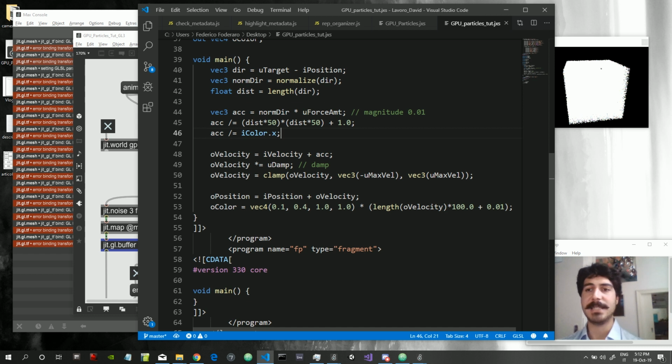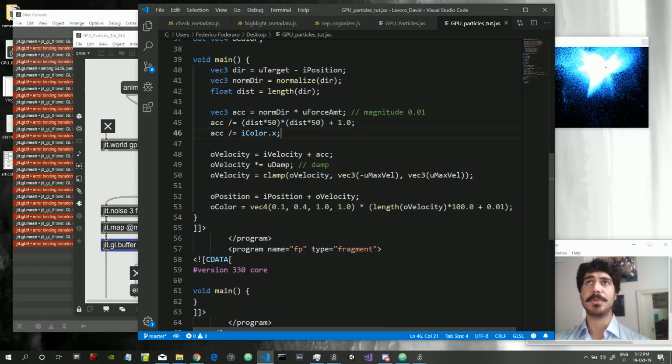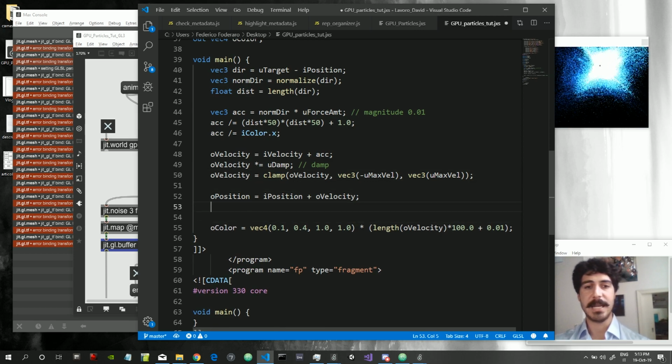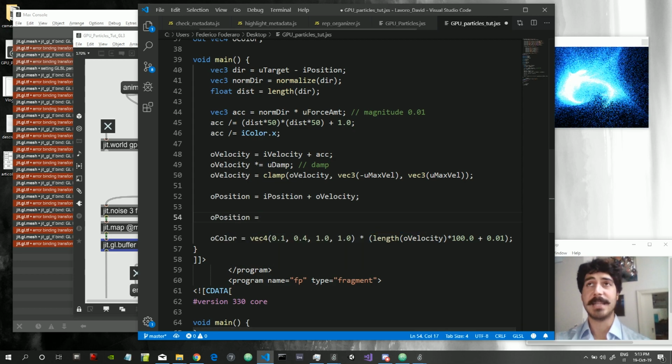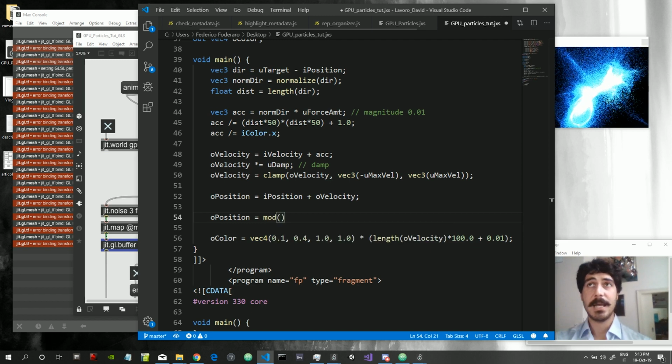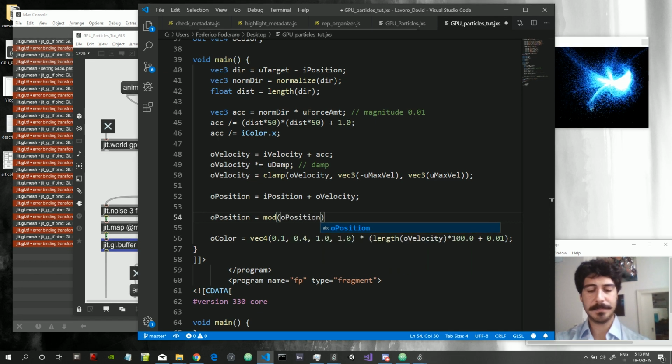The one more step is to make it so that the particles, when they go outside of an area that we choose, reappear from the other side. So we just rewrap them. In order to do this, we can use the modulo value. So after the position has been assigned, added to the velocity, we can do like this: O position. And this I have to copy from before because I don't remember exactly how I did it. Okay, so this is going to be output position